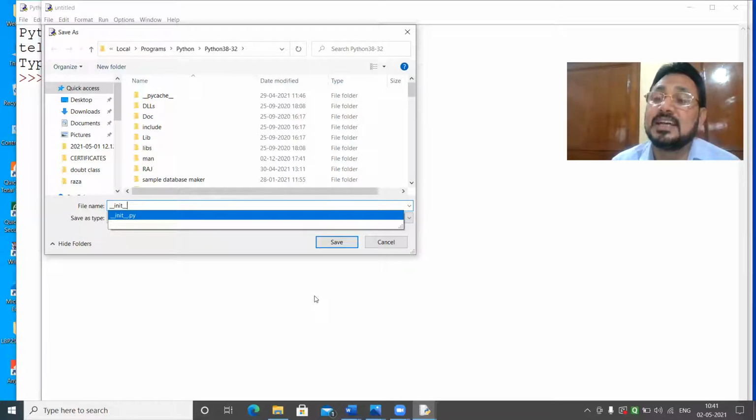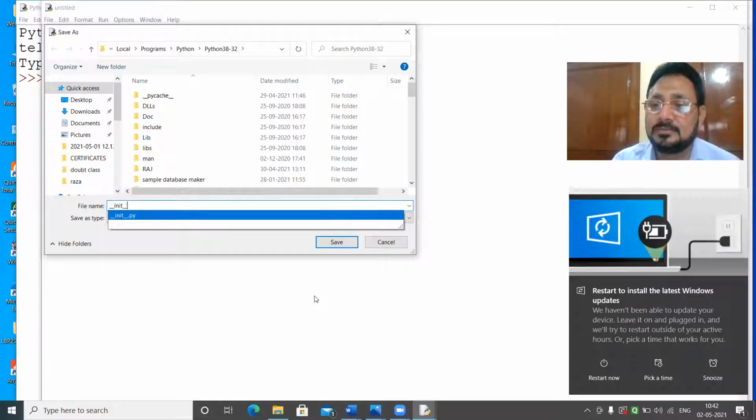When we have to initialize certain values, then only we will define that. But here, I need not initialize, so I just give an empty init file. Understood? So the first and foremost thing when you are making a package: a collection of packages makes a library.